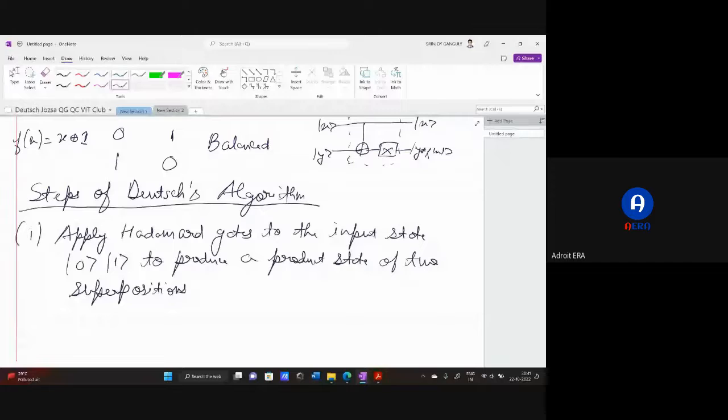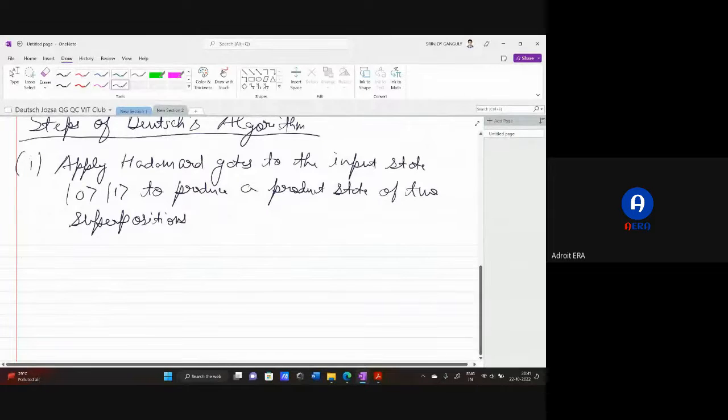Rx, Ry, Rz, they are also there. But yeah, let us consider for simplicity that Hadamard is there, and you apply Hadamard and produce a product superposition state. Then what will be the second step? Second step will be apply